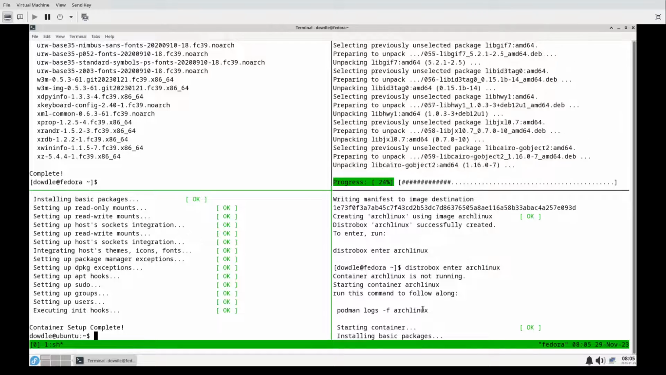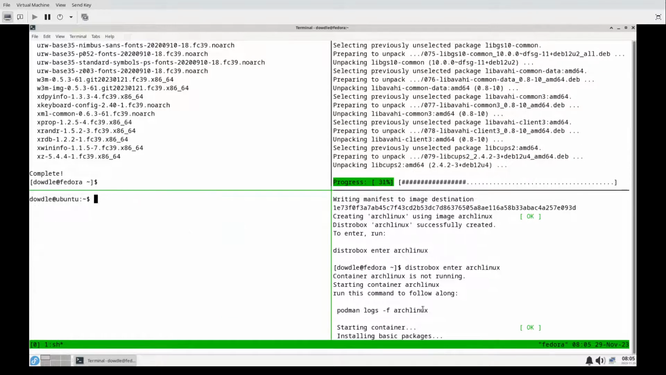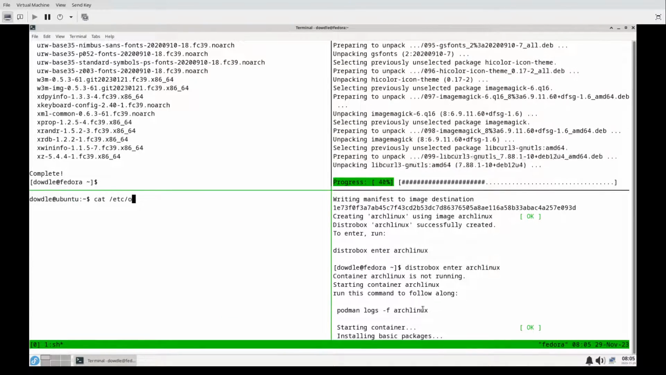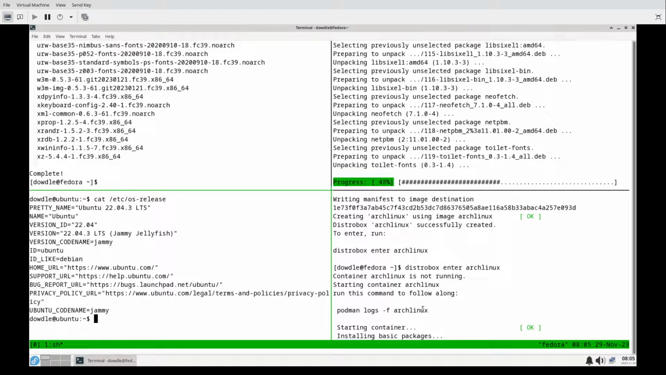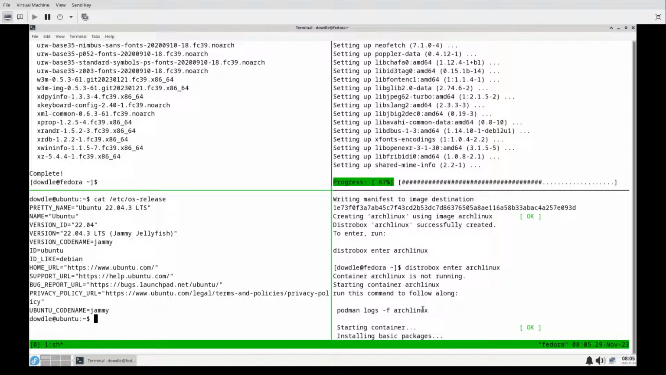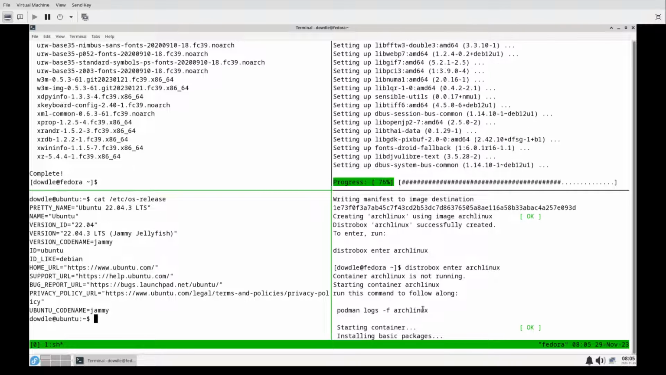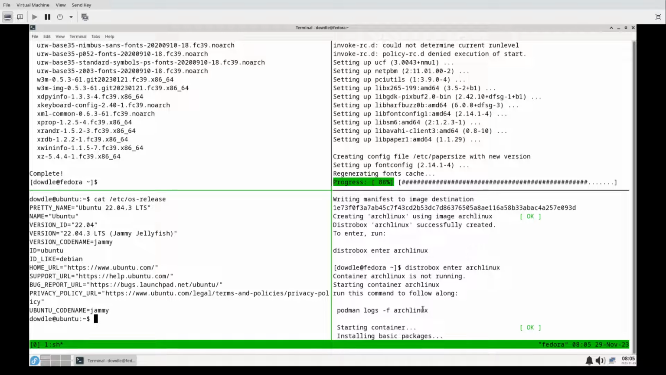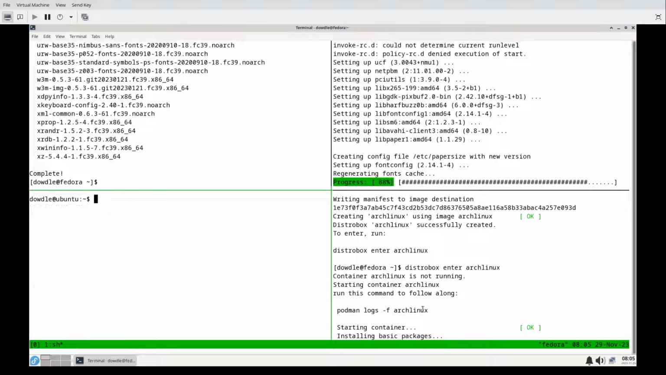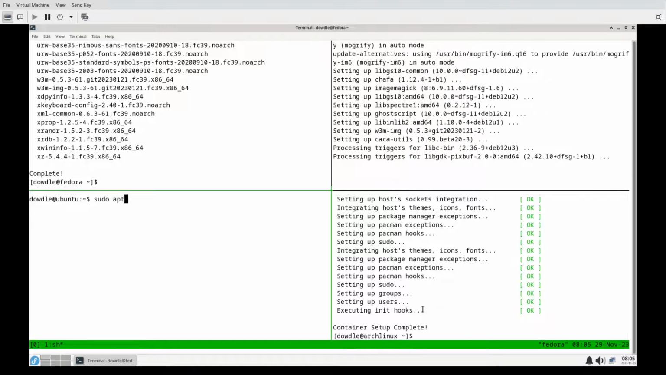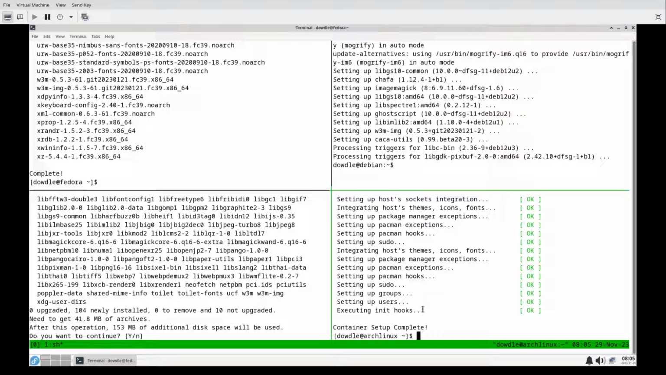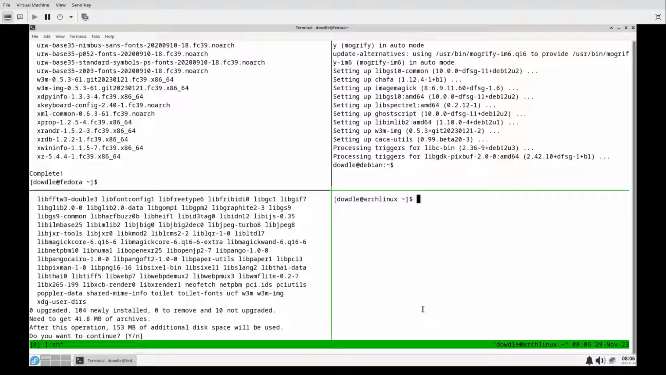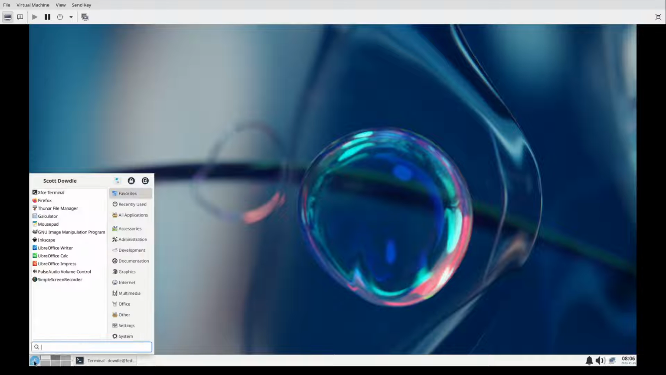All right, so let's look at what version of Ubuntu we have here. Cat /etc/os-release, and that's Ubuntu 22.04.3, which is 2022 April, and they've updated it. This is the third update for it. They update it every 6 months because it is a long-term support release. So I'm going to do sudo apt install neofetch. And this one's done over here,